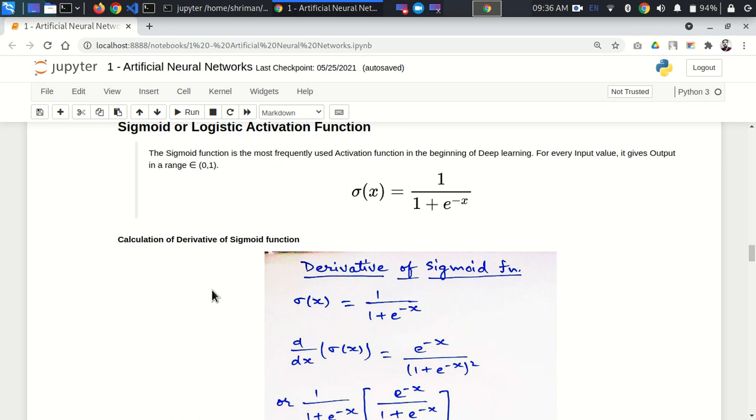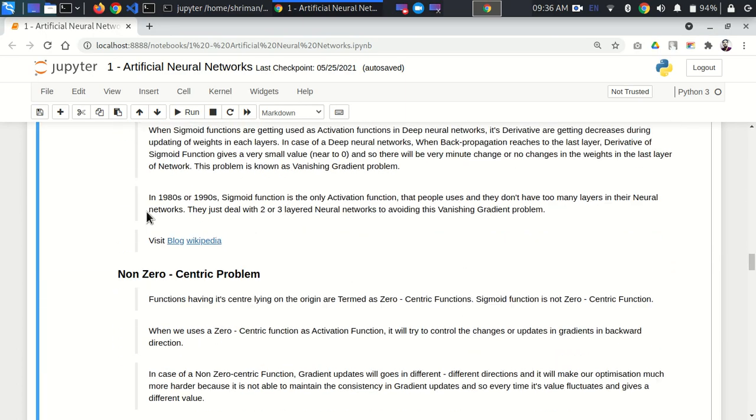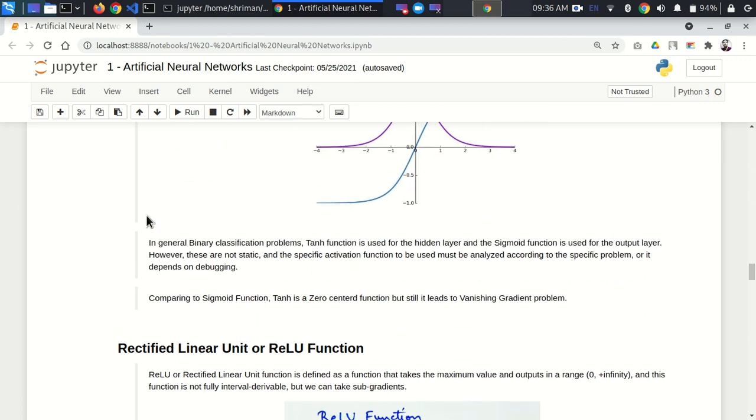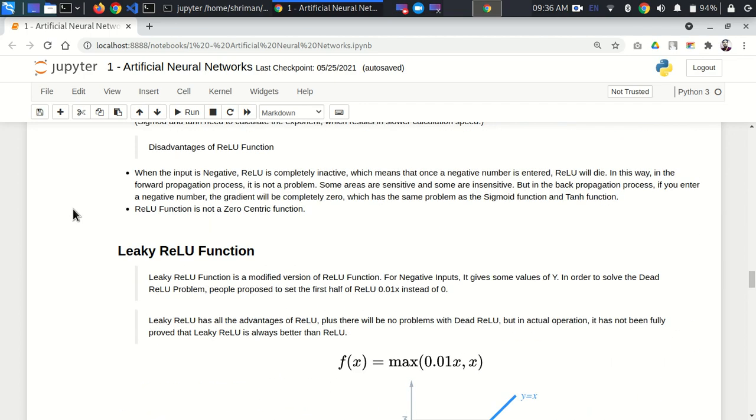A better result means a smooth gradient, a faster speed of calculation, and very good accuracy. These are the performance metrics for choosing an ideal activation function for your use case. So this is my final conclusion: no activation function is good or worst. Each and every one has its own purpose, so we go with the one which is giving very good accuracy.